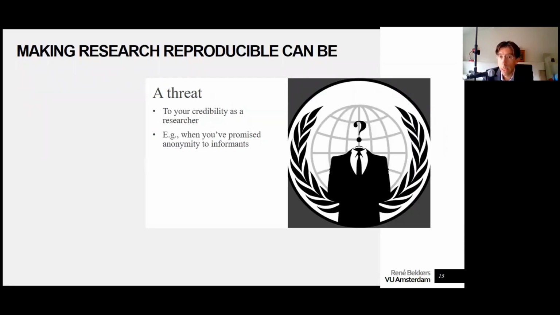And making details public on your participants can also be a threat to your credibility as a researcher. So when you've promised anonymity to informants, it would be a violation of their trust if at some point in the future, their identity might be revealed.